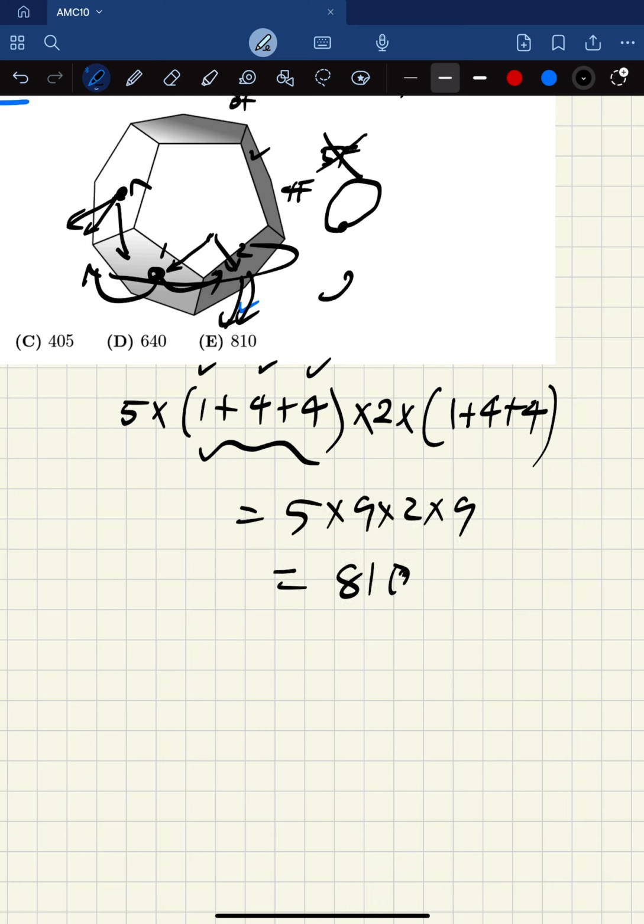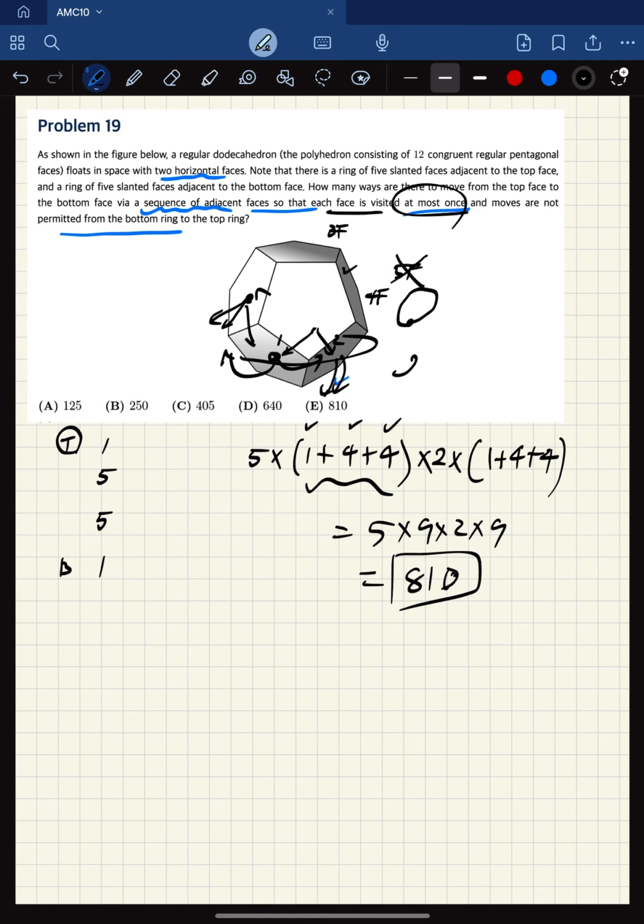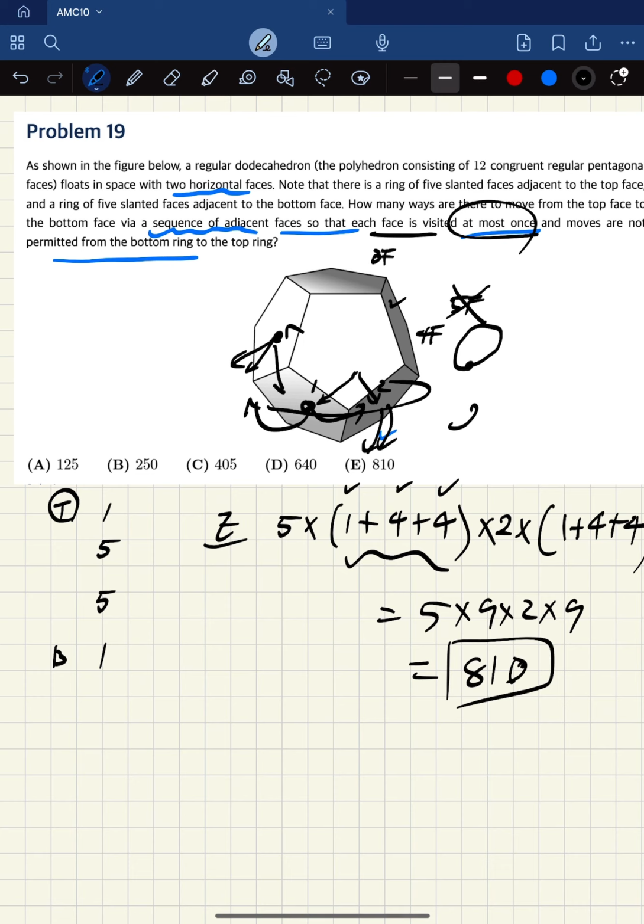And the answer to this problem is going to be E. This was a problem from